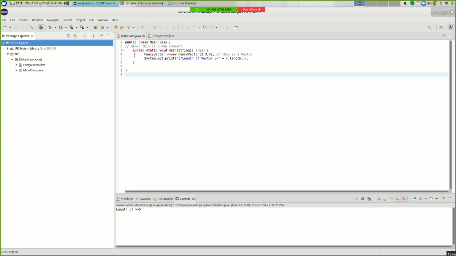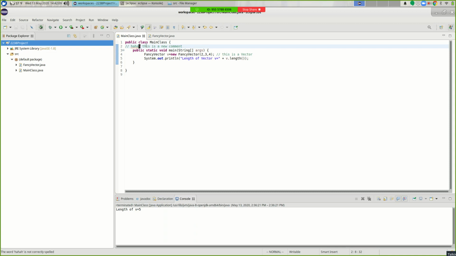And by the way, I misspelled haha apparently. So I can turn off spell checking, or I can add that to my dictionary, or I can say ignore spell checking on that word, or I can just live with red underlines in my comments. Wonder if it knows about haha. Nope, doesn't know about haha either. Would not do well in my course. All right.